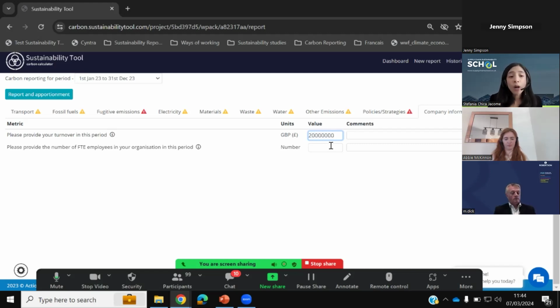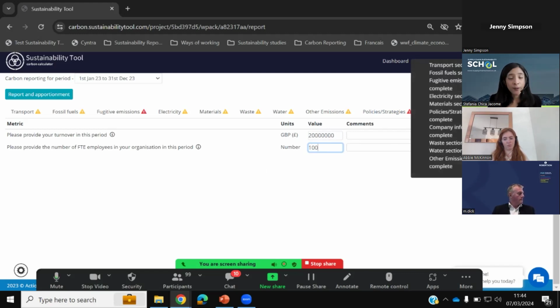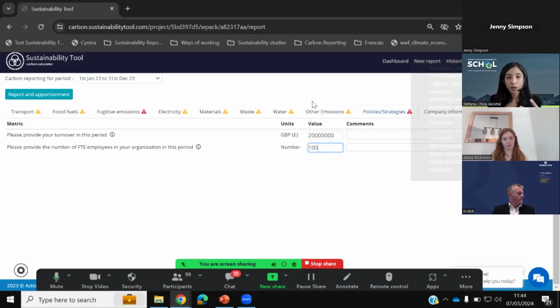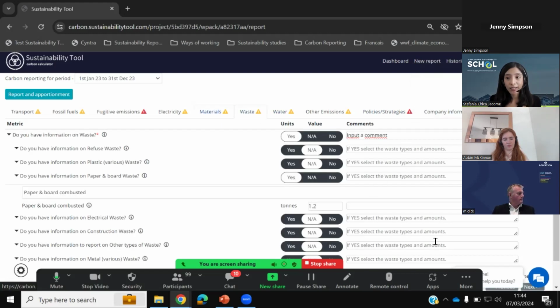And the second question is, how many employees do you have in your organization for that particular year? So let's say that in your organization you have 100. Once you complete this very last section, mark section as complete and you're ready to submit, okay? I'm not gonna submit this data because as you saw, I didn't add data for all of it. Once you submit,